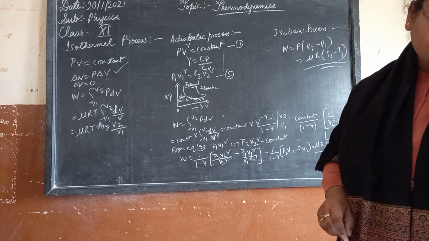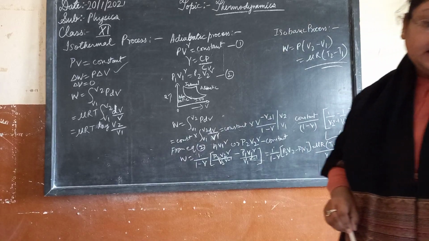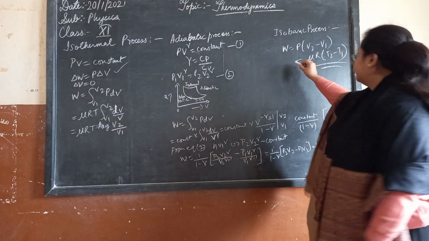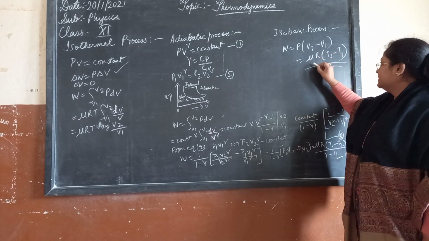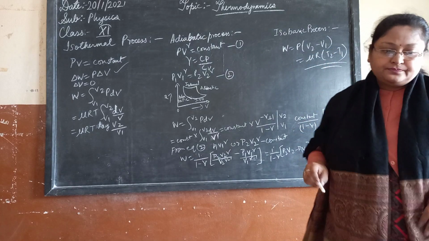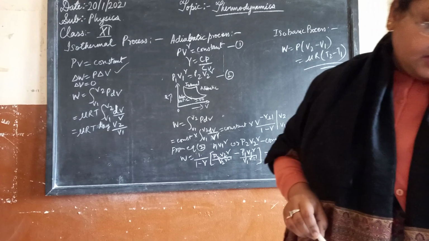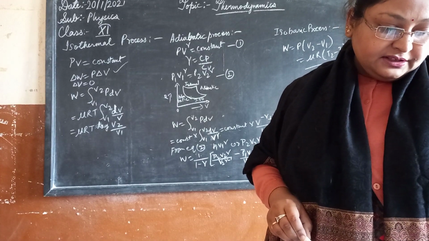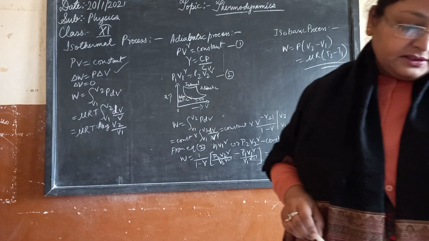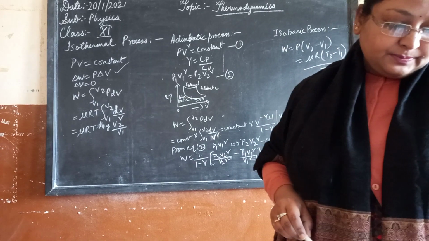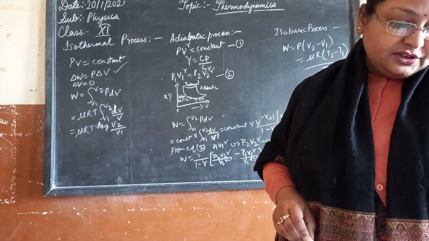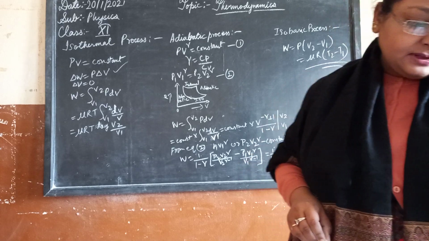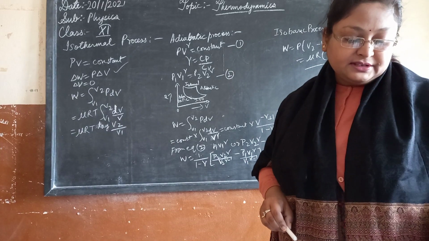And the isobaric process: P is fixed, and work is done by the gas. Therefore W will be equal to P times V2 minus V1, that is, mu R times T2 minus T1. So the temperature changes and so does the internal energy. The heat absorbed goes partly to increase the internal energy and partly to the work. The change in temperature for a given amount of heat is determined by the specific heat of the gas at constant pressure.